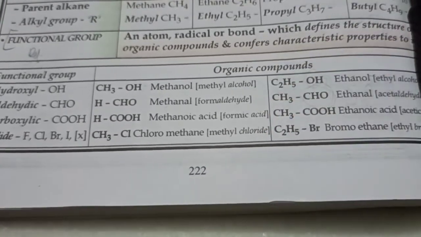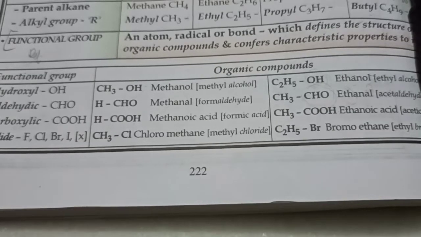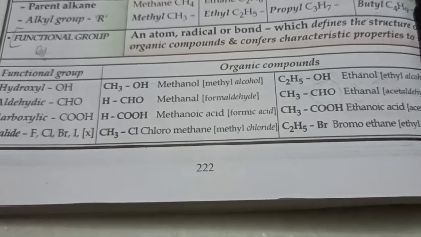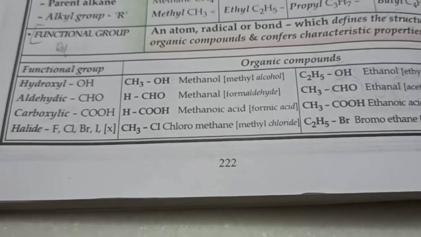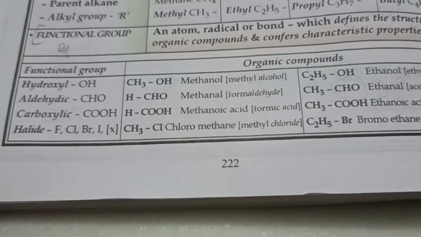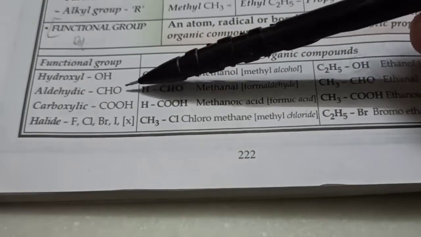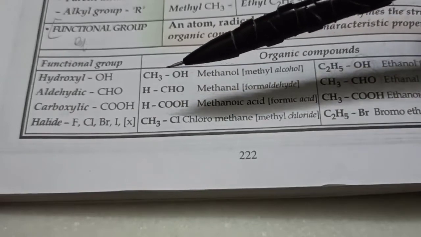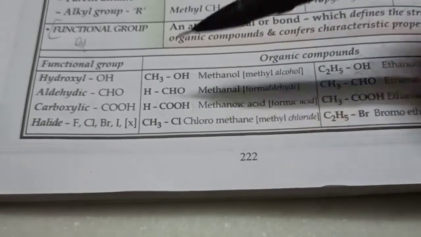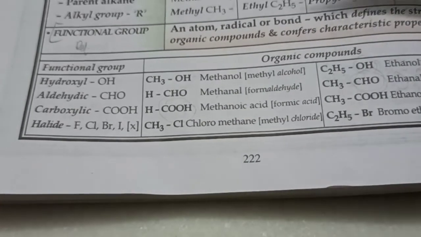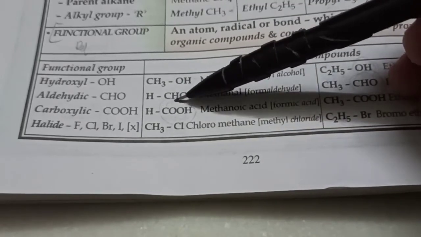In the next lecture, when you will mark all the answers of the exercise and solve the various questions of IUPAC nomenclature and diagrams, at that time you'll get the hang of all these names and all these structures. So give it time, you will find it easier after some practice. Next, if you find a functional group called COOH, then it belongs to a family called carboxylic acids, and this functional group is called carboxylic. So in exam, they can give you a formula and ask you to name and identify the functional group. So identify this and name it as carboxylic group.